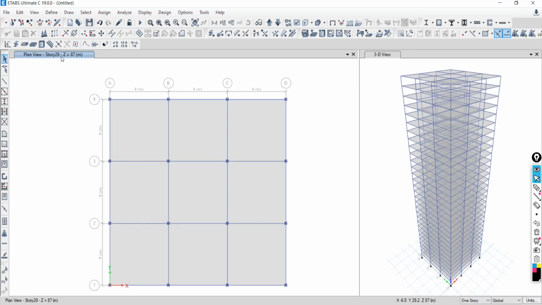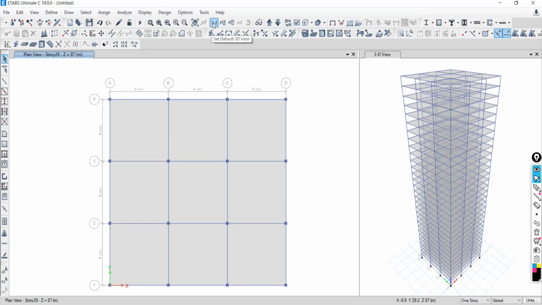There are many options for doing anything in ETAP software, but you have to find which one is the most effective for that particular time. If you want to work in this window on the left side, just click over this, so this window will be active. If you want to work here, just right click here, so this window will be active.